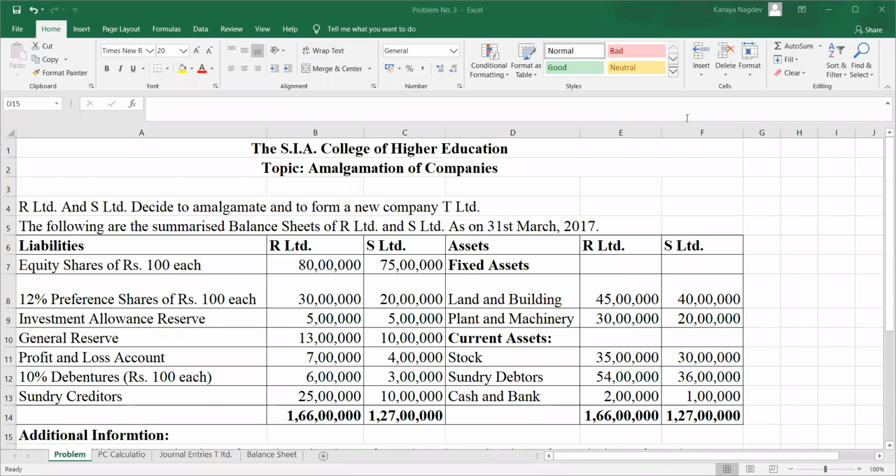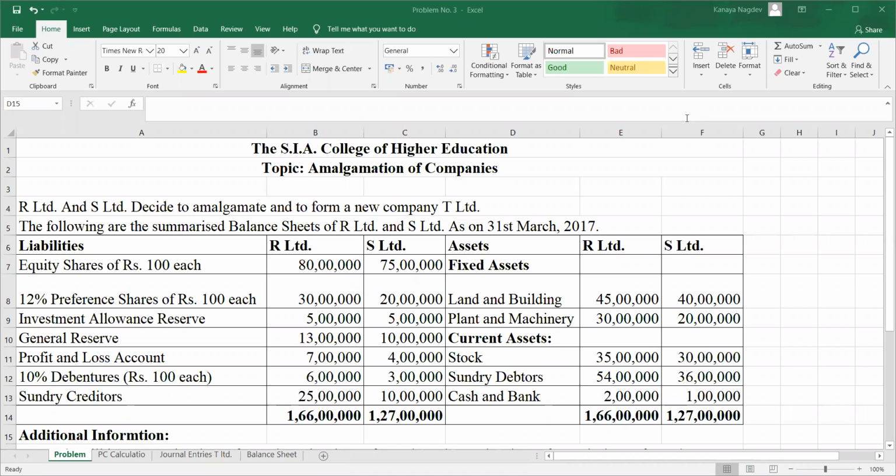Good morning, dear students. Today we will be covering another problem on the topic amalgamation of companies. The problem is: R Limited and S Limited decided to amalgamate to form a new company, T Limited. So this is a problem of amalgamation where two old companies decided to come together and form a new company,